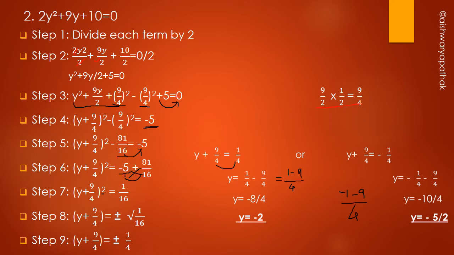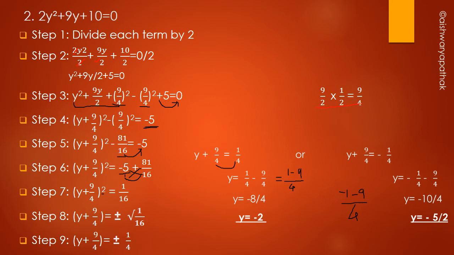On the next side, here it is plus 9 upon 4. Again it will go to the other side and become minus 9 upon 4. And here also you should combine. So minus 1 upon 9 minus 9 upon 4. Again combine the denominators. So what you have got here: minus minus is plus, and the sign of the bigger number. So 9 plus 1 is 10, and the sign of the bigger number, 10 upon 4.